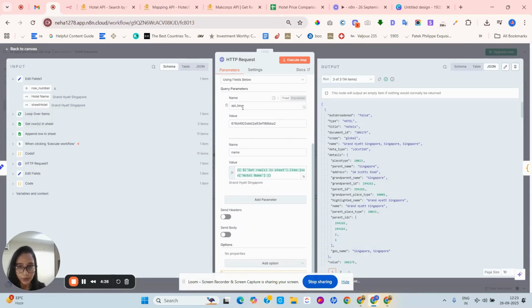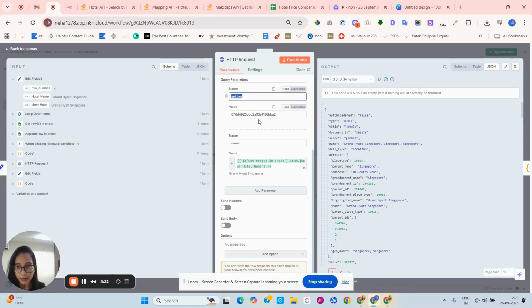There are only two queries. First is API key, add your unique API key which you got in mail here, and after that in name here you can select the hotel name. You can just directly drag and drop this from here, right? Then click on execute step, and as you execute the step you will see the output